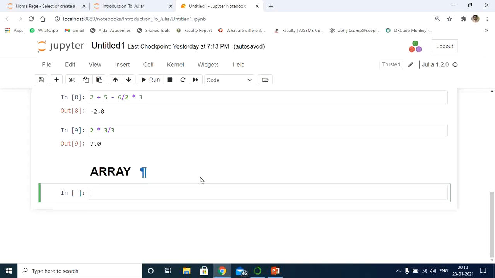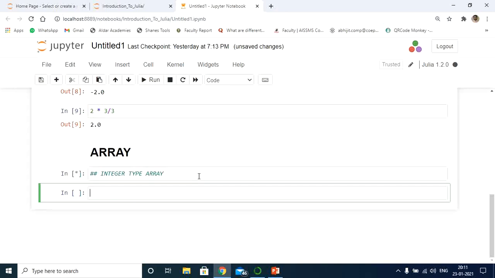As far as one dimensional array is concerned, first we will practice the integer type of array. Let me write here, integer type of an array. We can declare an integer type of array in Julia using a simple statement.